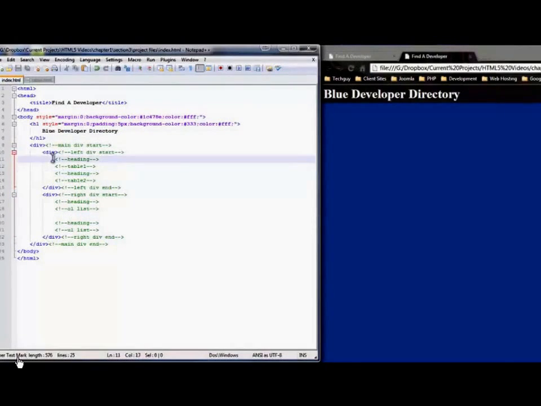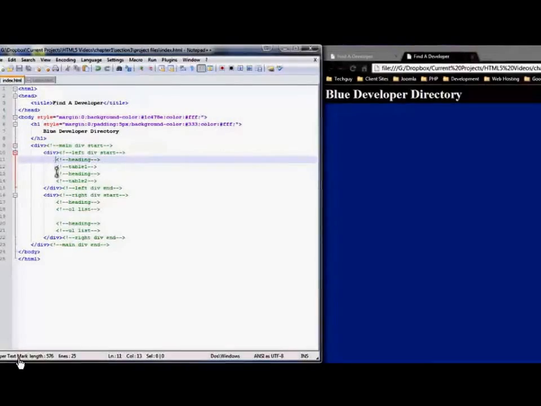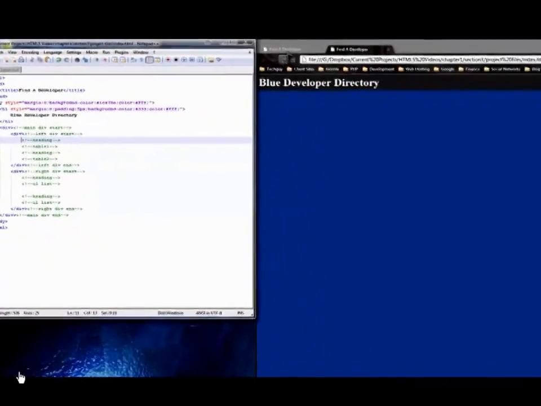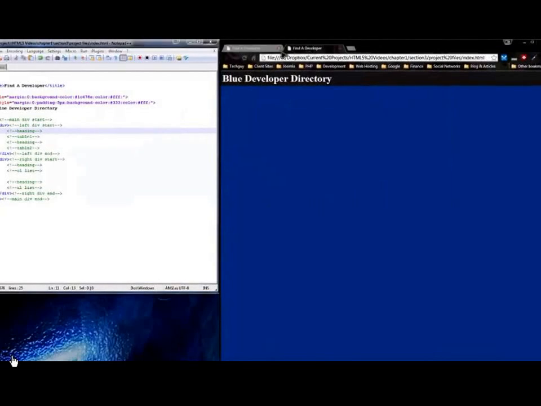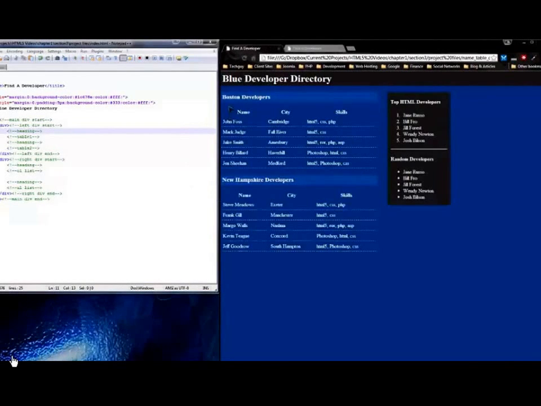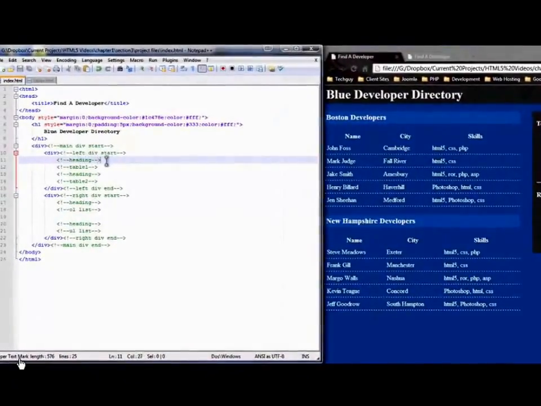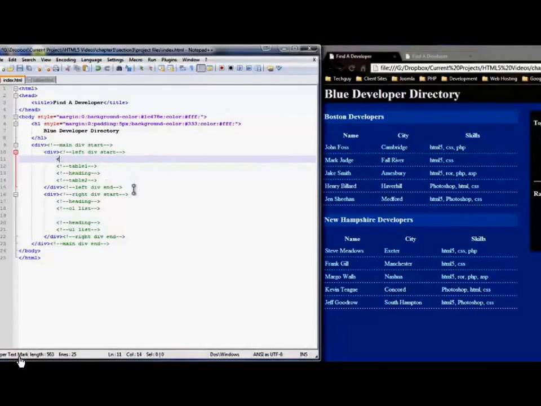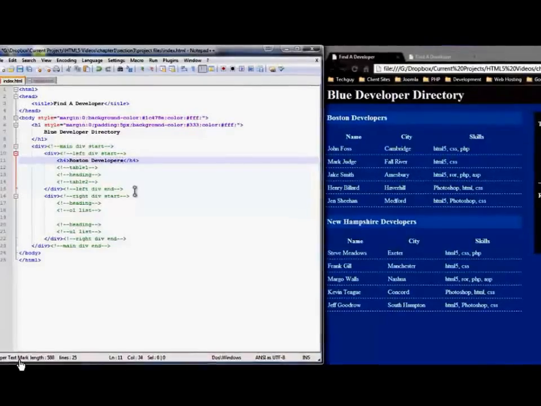And what I've done, as I said, everything's in comments, so I'm just going to replace the comments with the actual code. So you'll see the first thing we have is the heading. In this heading, I'm going to transfer back and forth between these two pages, the finished one and the one we're working on, just so we can use this as a reference. So we have Boston Developers is the heading, and that's an H4 tag. So we're going to replace the comment with the H4 tag, and in the middle we're going to write Boston Developers, and save that,